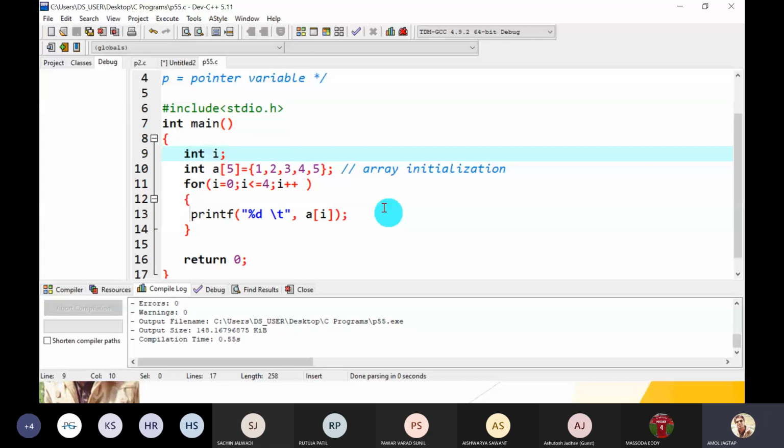But what is the condition, guys? Don't use the array index. You can print the array, but don't use array indices. Instead, you have to use pointer arithmetic. So how to print it?